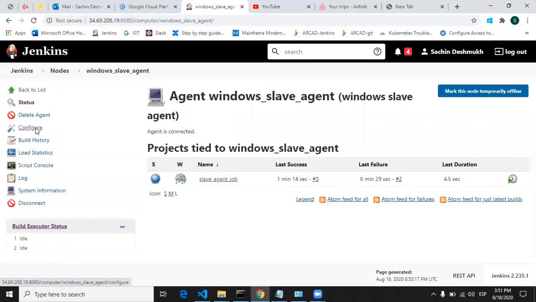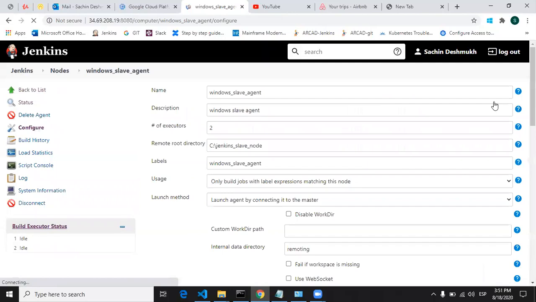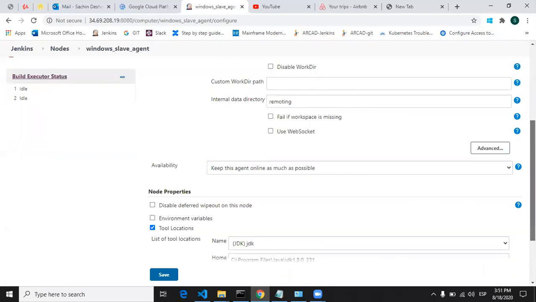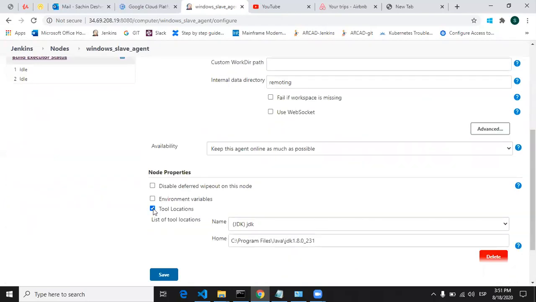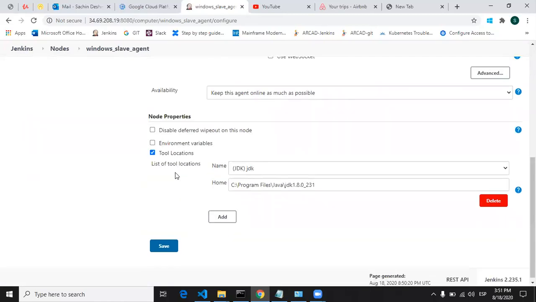Go here in the configure section, and here at the bottom you will see the tool location. So just click the checkbox on the tool location. Then here it will ask you to provide a tool location. So here I explicitly add the JDK location of my Windows machine. And now when I click on save,